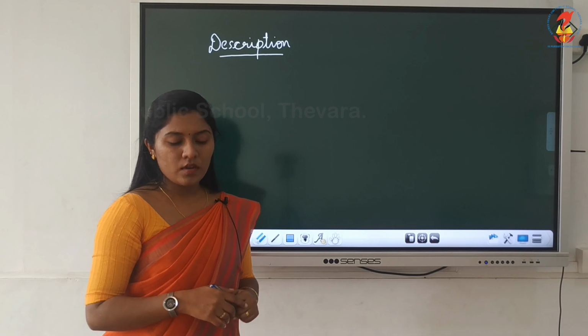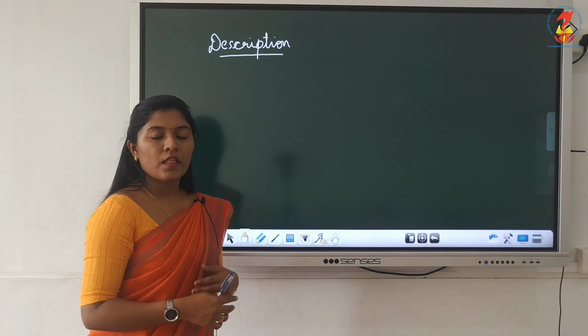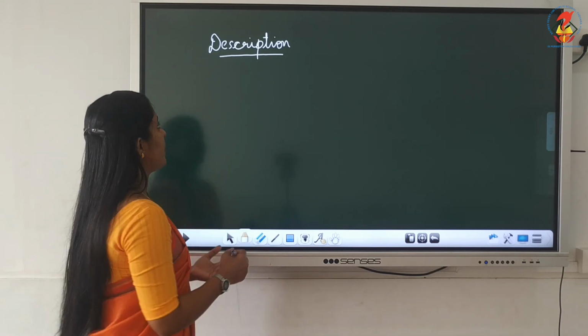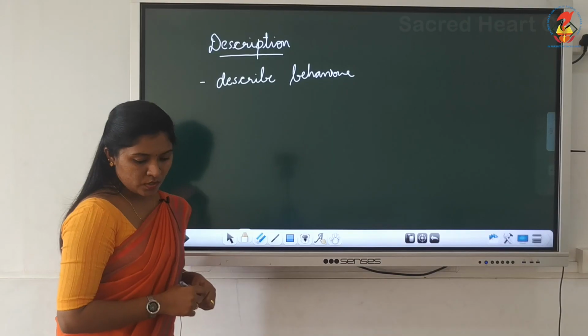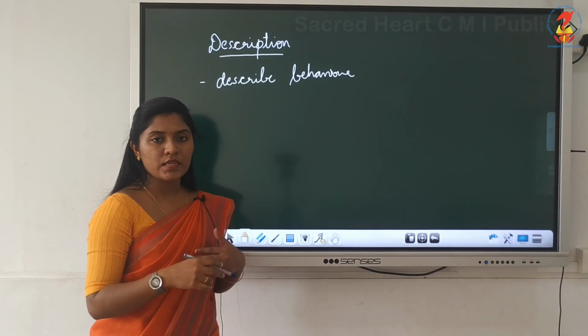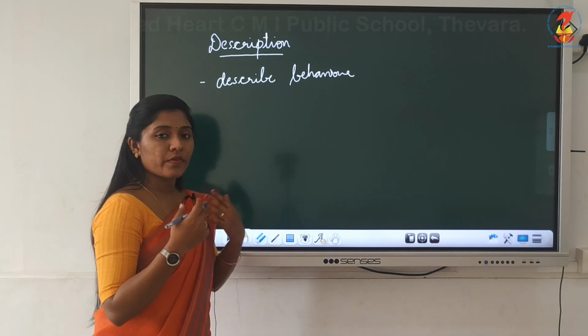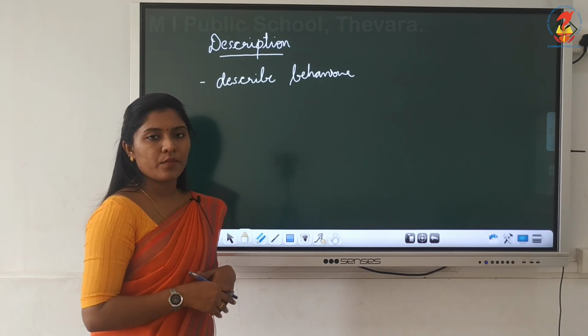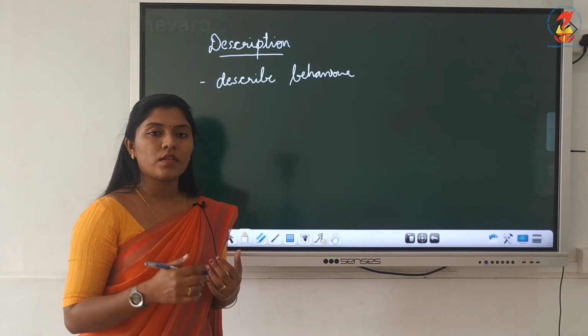In this particular goal, the researcher or psychologist tries to describe the behavior that they are going to study. They describe the behavior that they are going to study in the research. So every behavior is different, right? So separating the type of behavior is very important, or the explanation of that particular behavior is very important.